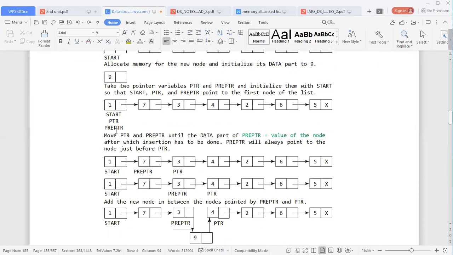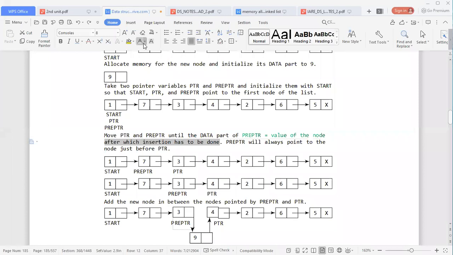So for that what we are doing, we initialize the pointer as well as pre-pointer at the start and move the pointer and pre-pointer until the data part of pre-pointer. 3 is the value of the node after which the insertion has to be done.